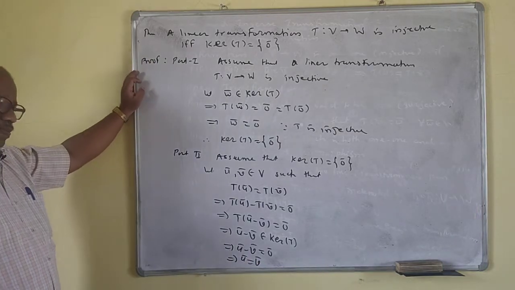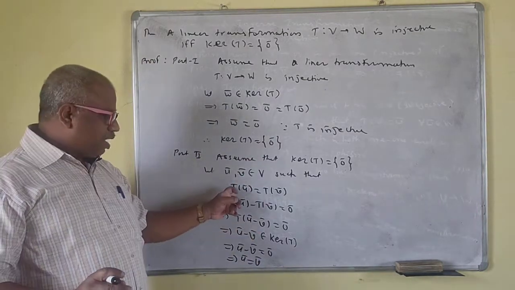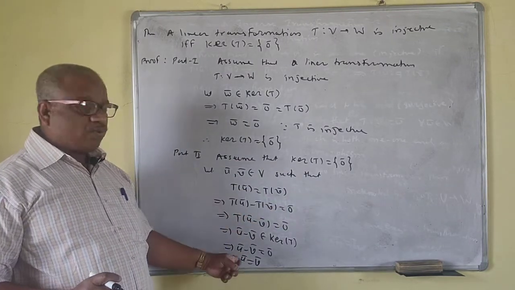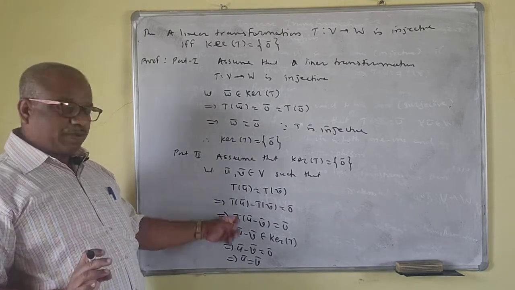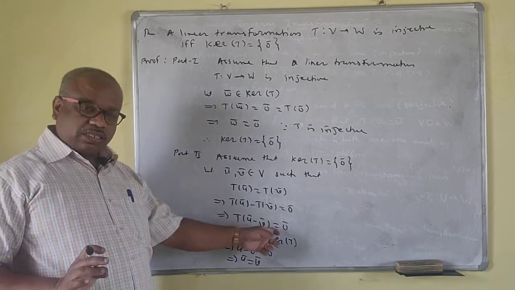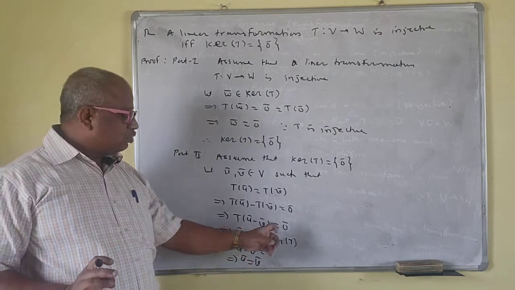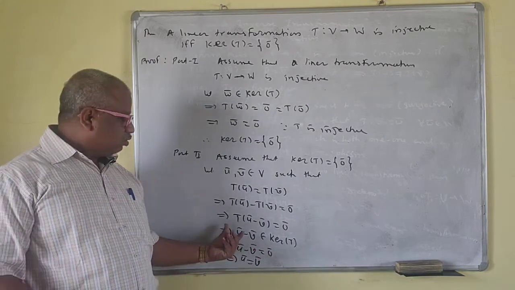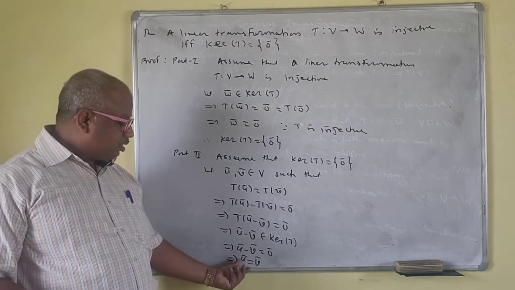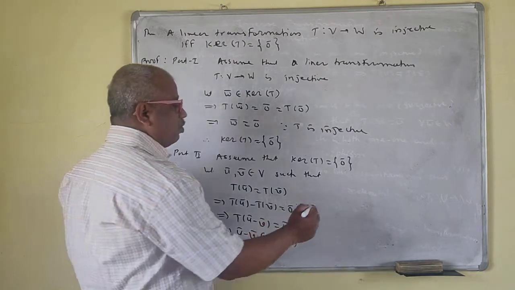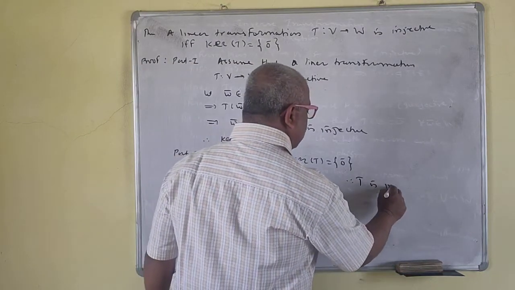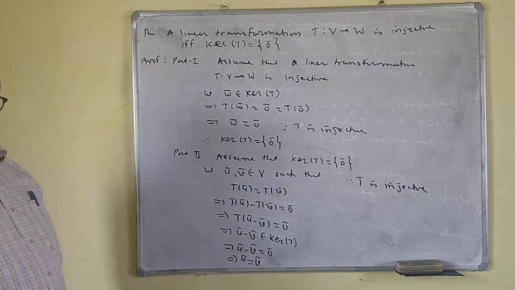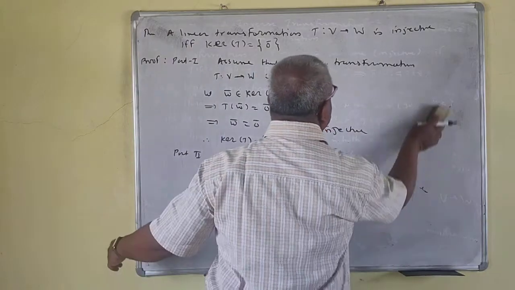Very simple. To prove that the function is one-one, you take T of U bar equal to T of V bar, and you must prove U bar is equal to V bar. This we have proved with the help of the definition. T of U bar minus V bar is 0 bar, so U bar minus V bar belongs to the kernel of T, but the kernel of T has only the singleton zero vector. So U bar minus V bar must be the zero vector, right? So U bar is equal to V bar. Therefore T is injective. Okay, the theorem is over. A very simple proof with the help of the definition only.